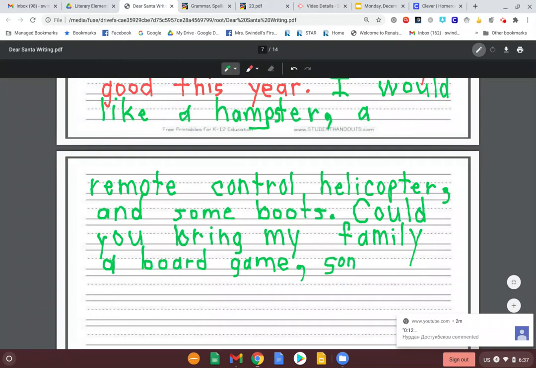Oh, my S went down the basement a little bit. It's so hard to write on. Some Star Wars movies. Wouldn't that be fun to watch as a whole family? There's so many of them. So that's a comma, and there's one more thing I want him to bring my family. And